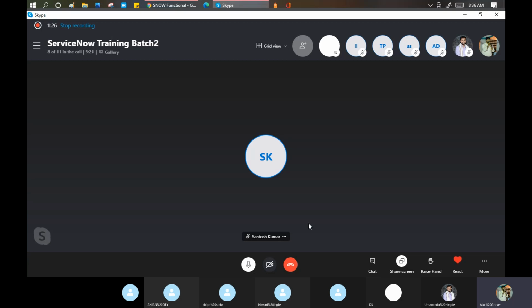A normal example: I need all the apps on the home page of my phone so that I can pick any app immediately at any point of time, instead of opening my phone, going to the settings or the apps, and then opening my apps. This is the concept of dashboards here. Dashboards are nothing but a collection of reports in a single place. That is the purpose of dashboards. Now let me take you to ServiceNow.